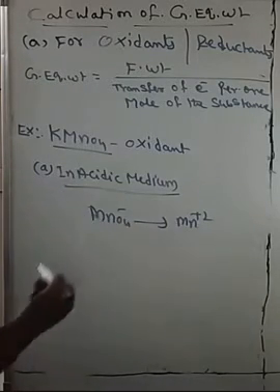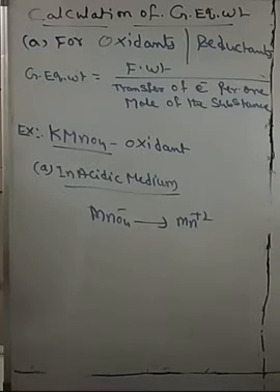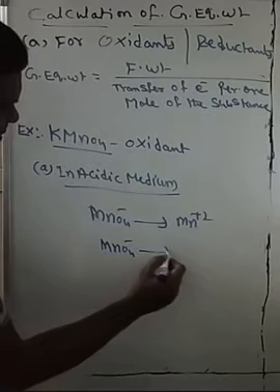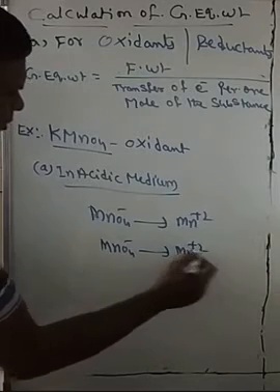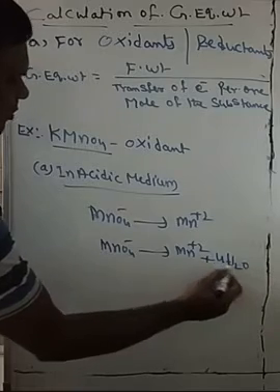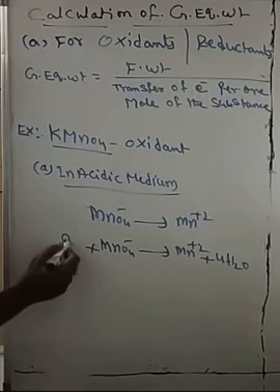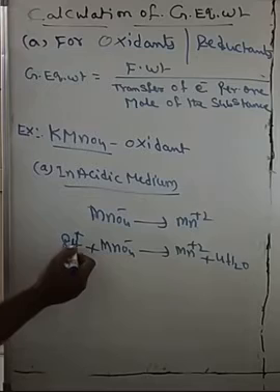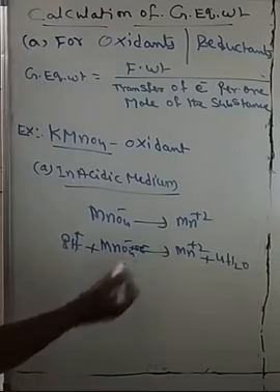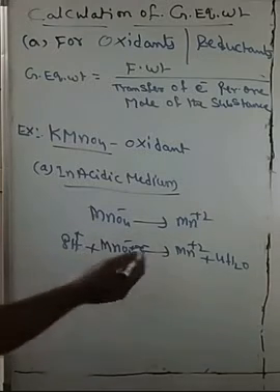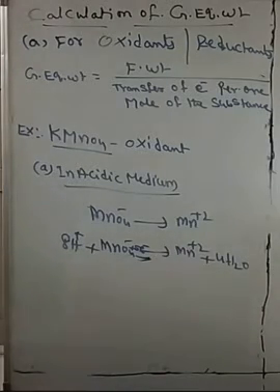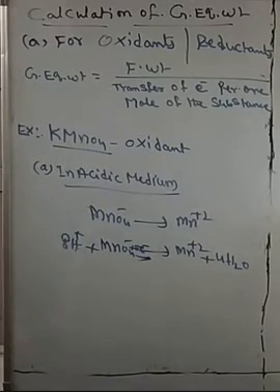So now you know balancing of the equation in acidic medium. How to balance here? MnO4 minus gives rise to Mn plus 2. Here 4 oxygens should be taken as 4H2O. How many hydrogens? 8H plus. And to balance the charges, how many electrons? 5 electrons. So based on the balanced equation, the transfer of electrons is 5 electrons per 1 mole of the permanganate ion.